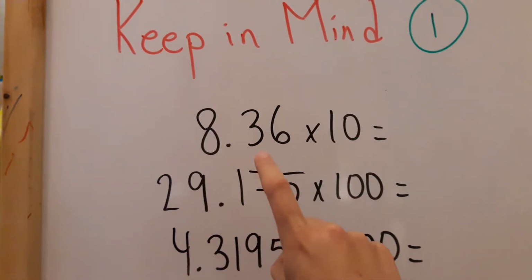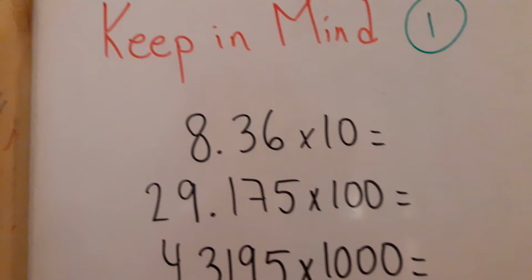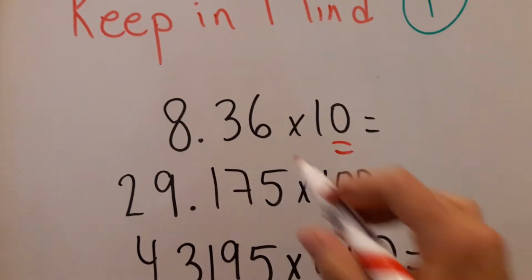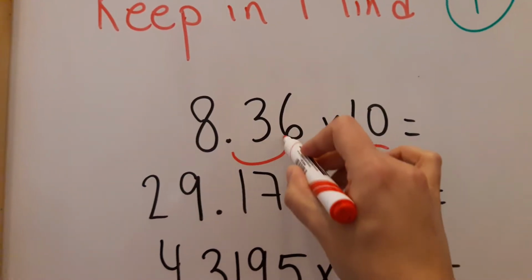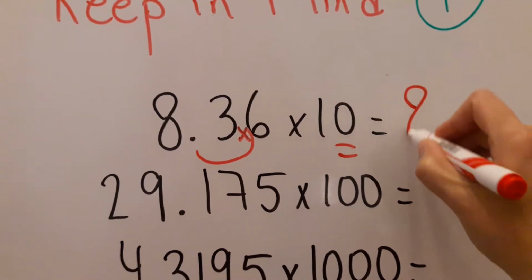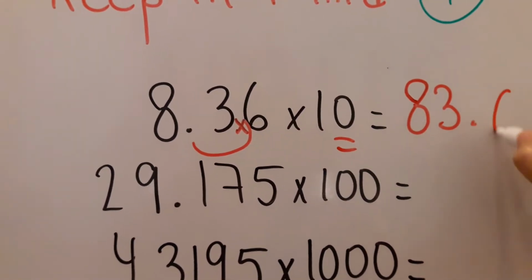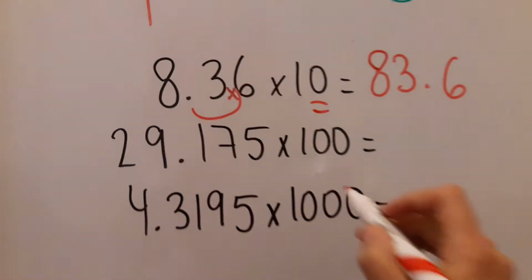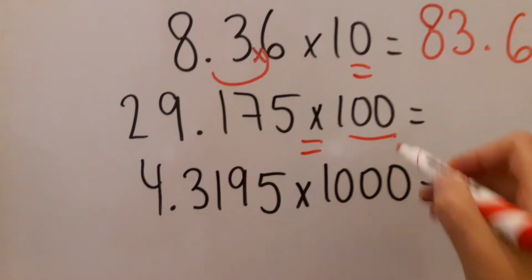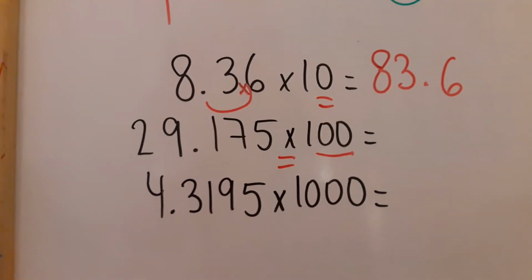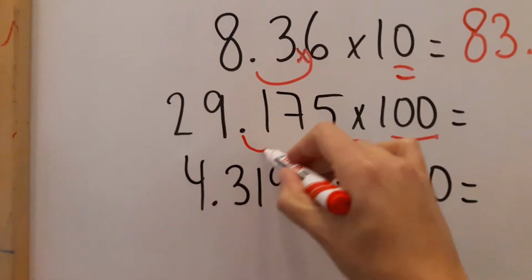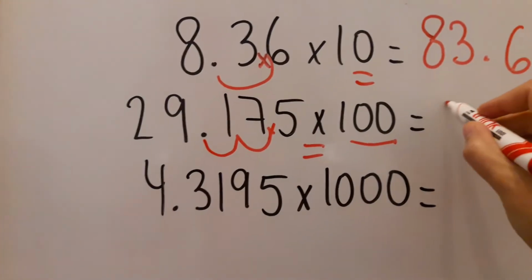So 8.36 times 10. The 10 has how many zeros? It has only one zero, so that decimal point is going to move one place to the right. So the answer is going to be 83.6. Again, since we are multiplying by 100, I have two zeros. The decimal point is going to move two places to the right. Okay, so 1, 2. So the answer is